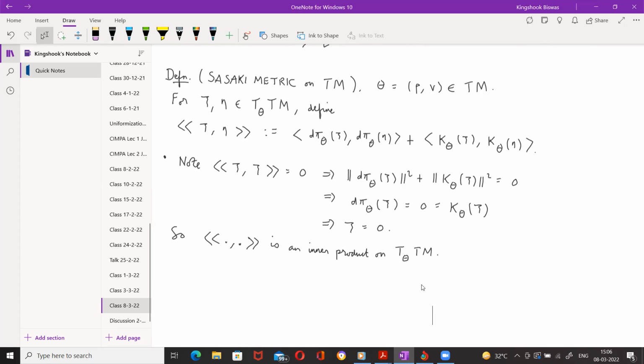And if eta is horizontal, then k theta of eta will become 0. So the second term also vanishes, right? So therefore, that means that the horizontal and vertical subspaces are orthogonal to each other. So note h theta is orthogonal to v theta,